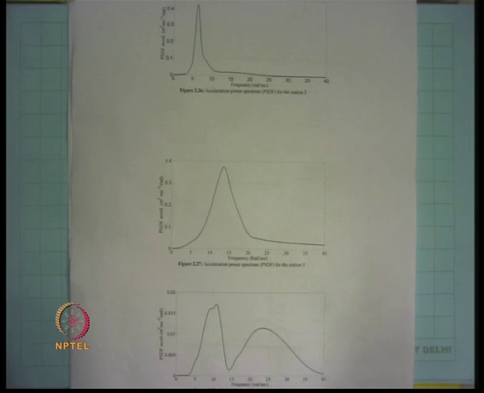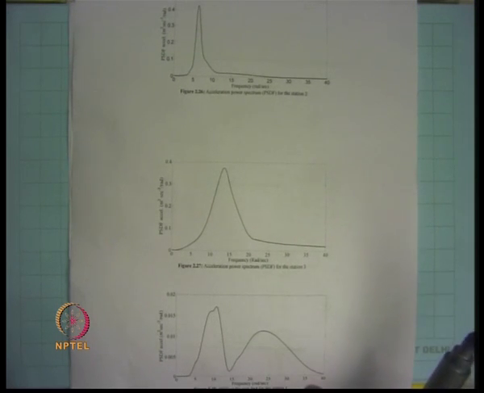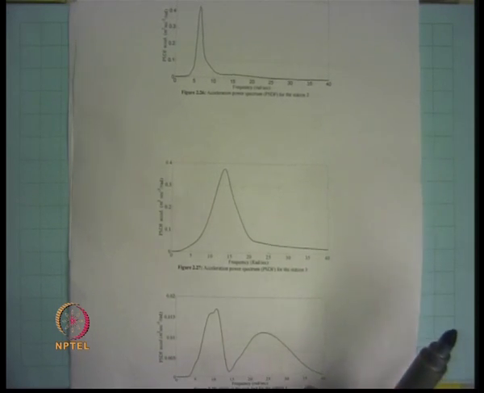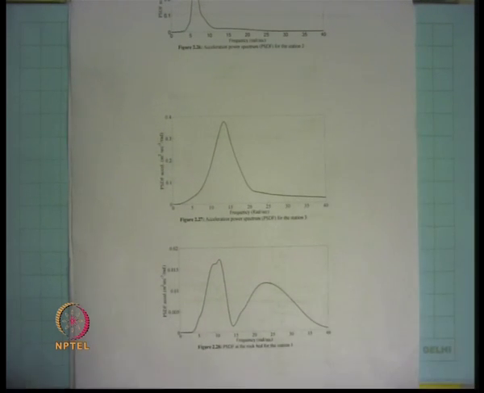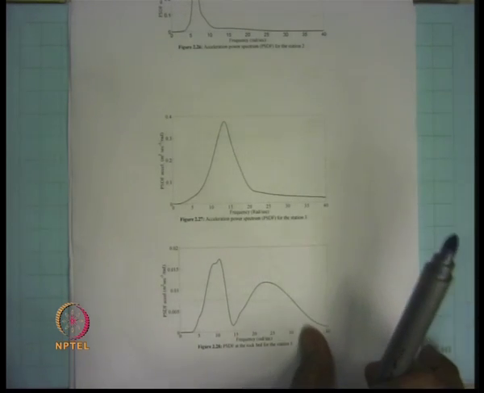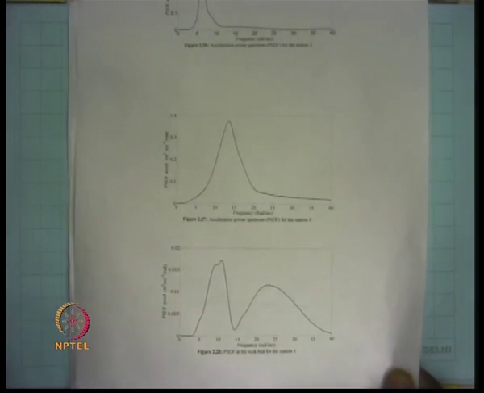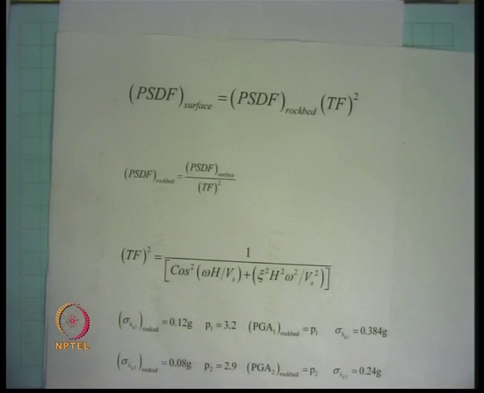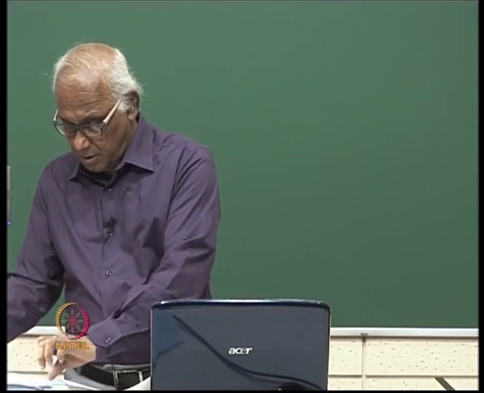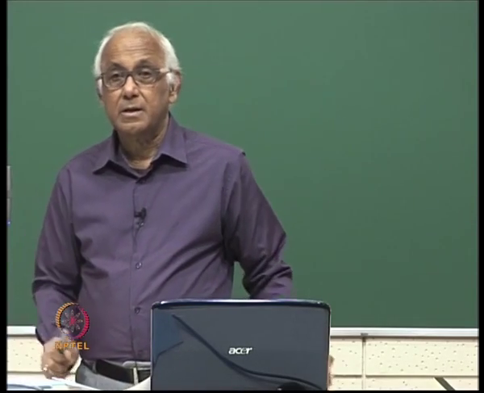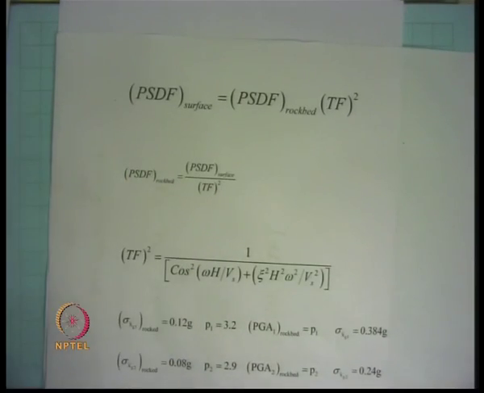So, what we do, we first convert this power spectral density function which is given at the surface at each site to the corresponding power spectral density function which will exist at the rock bed level just below site 1, site 2 and site 3. And for that we use this particular formula which will be discussed in